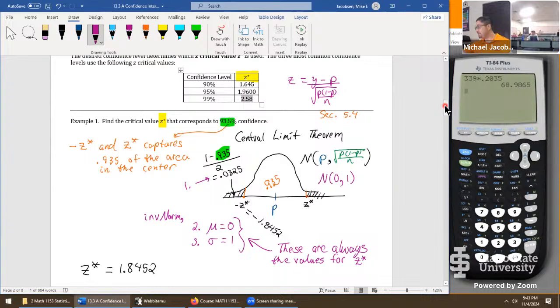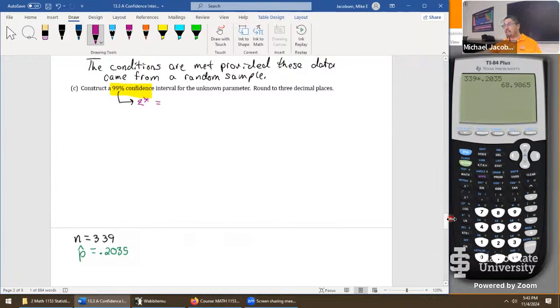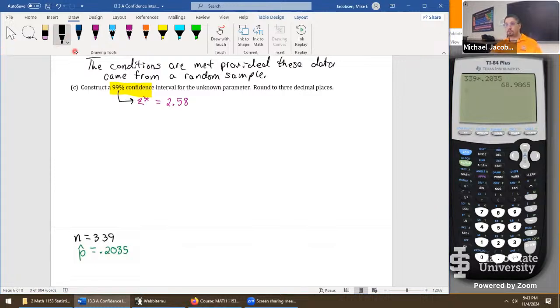Okay, let's drop this down, back to where we were. At 99% confidence, Z star is 2.58. Let me know if I misremembered that. That sounds pretty accurate. This has been rounded to 2 decimal places. Now let's see, what else do we need? We have p hat already. We just stated that at the start of the problem. So next thing we're going to want is the standard error of p hat. So let's write that out. SE of p hat, to stand for standard error of p hat, goes,